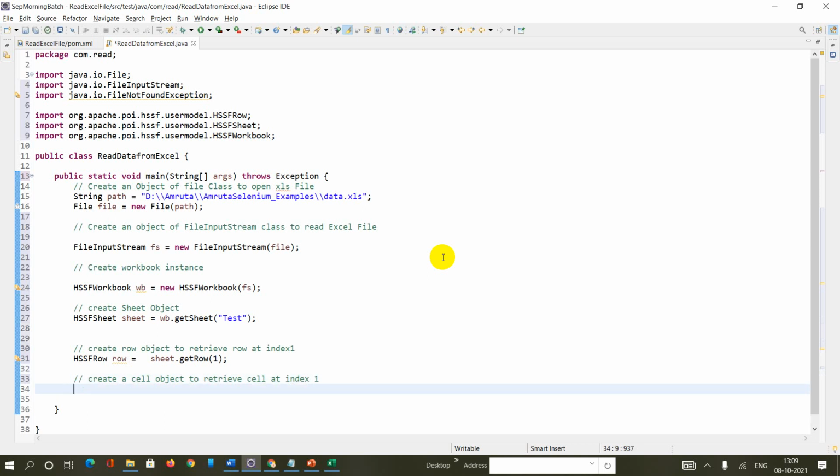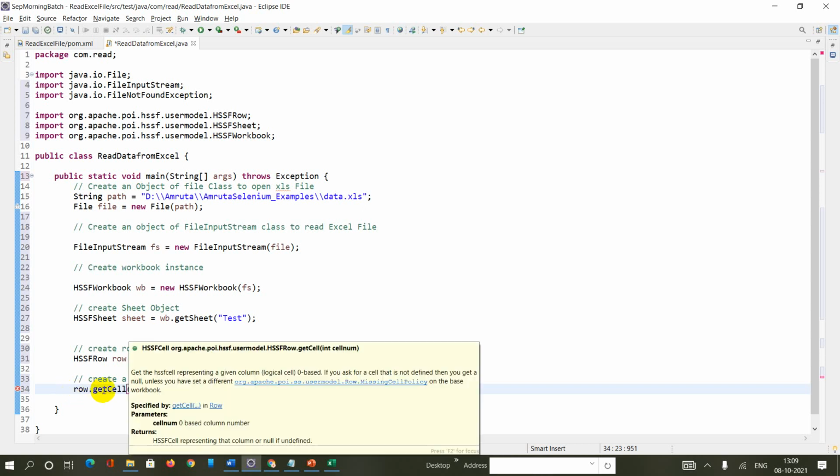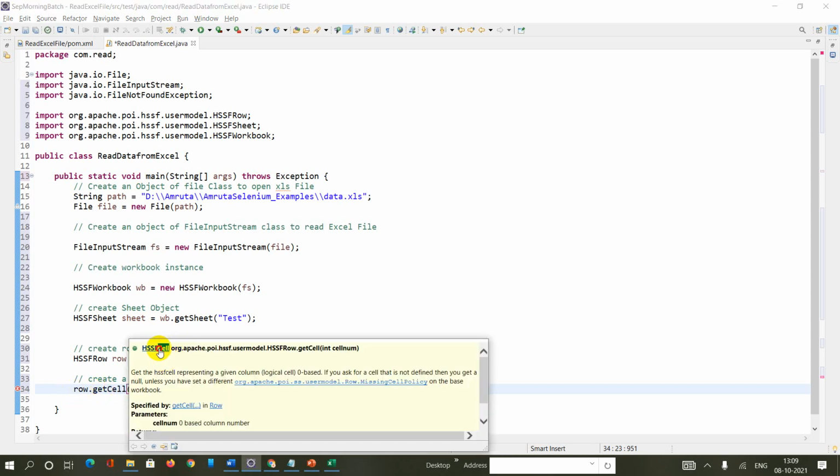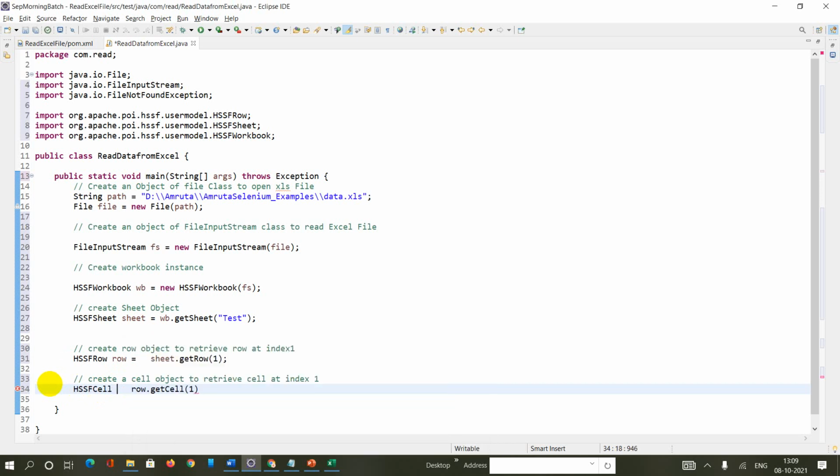So I can say row.getCell, and the index position here is 1, because I want to retrieve the cell object which is present at index position 1. I will save this inside HSSFCell. So cell, right, import the HSSFCell here.